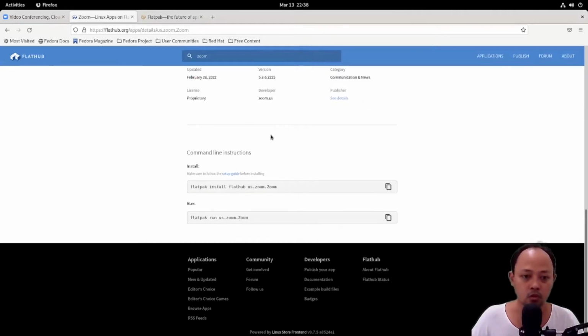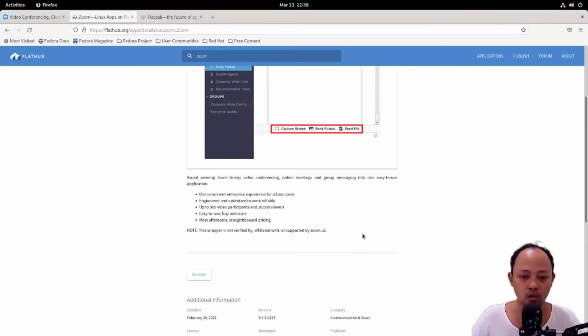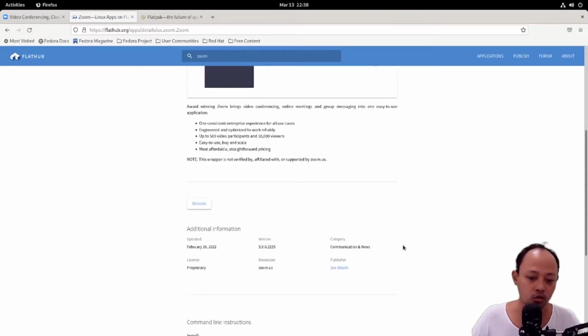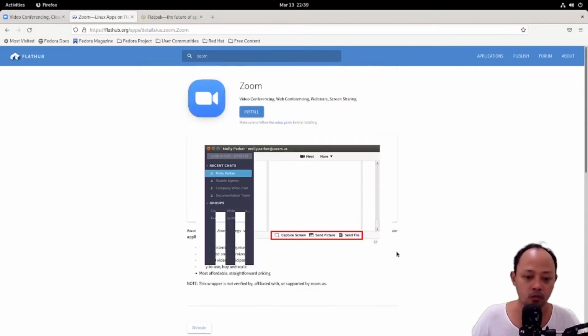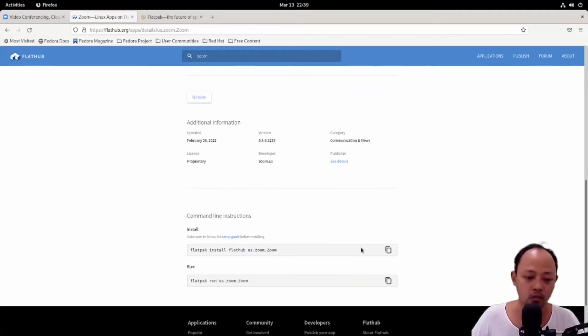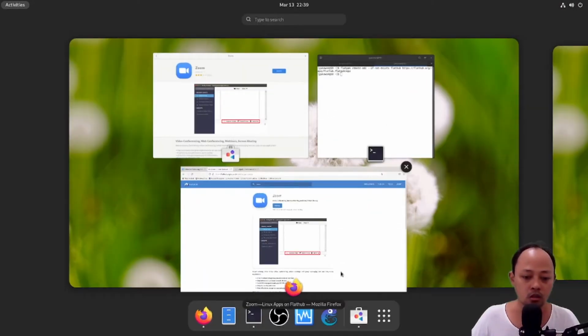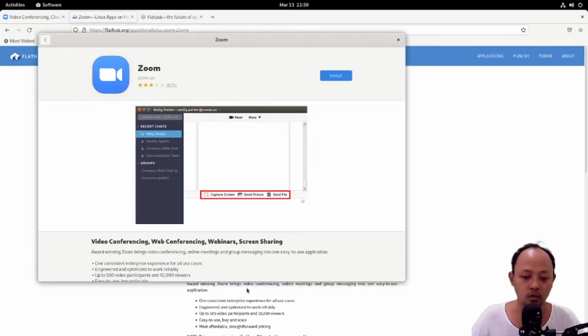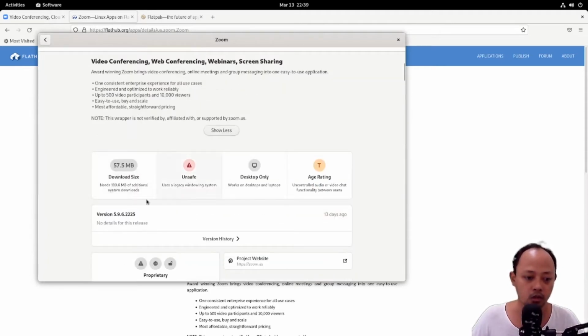But before we execute this, we need to know how much space we need to install Zoom. Actually, we cannot see the space here, but if you are using GNOME, you can see the space we need in Software Manager. Here you can see the space that we need in this area.